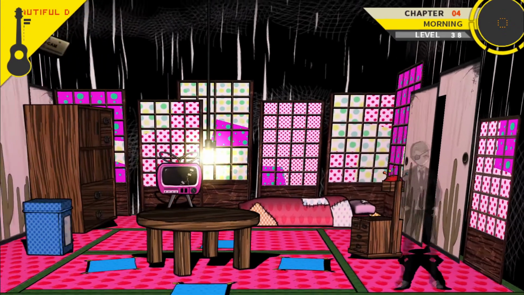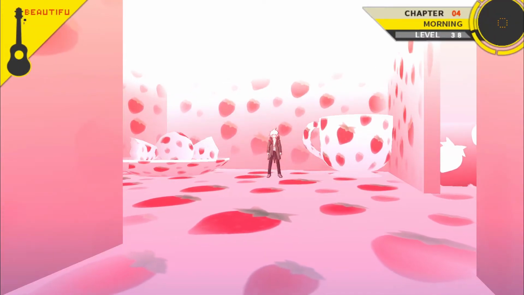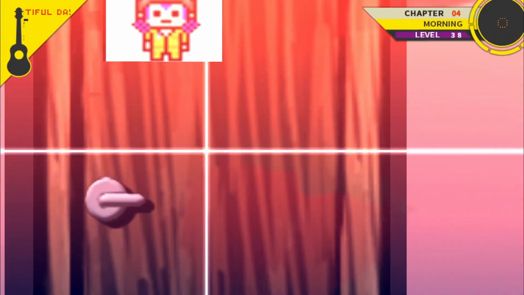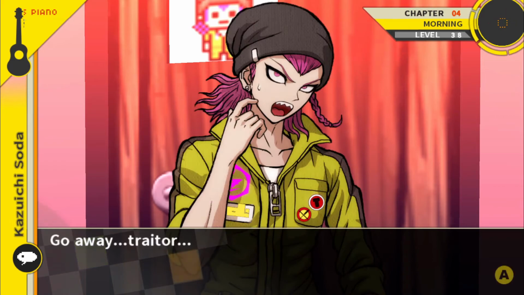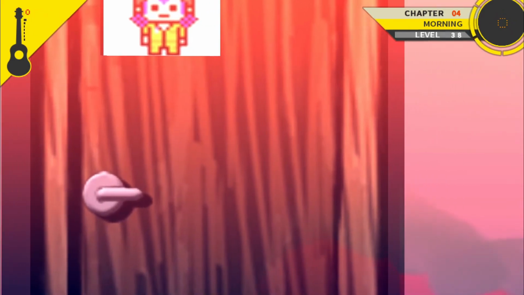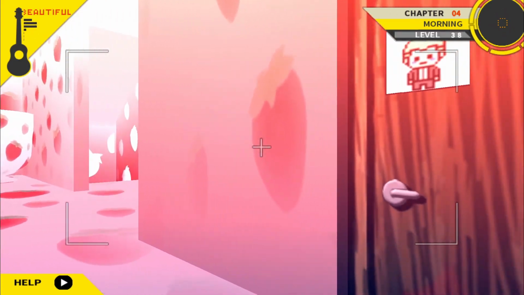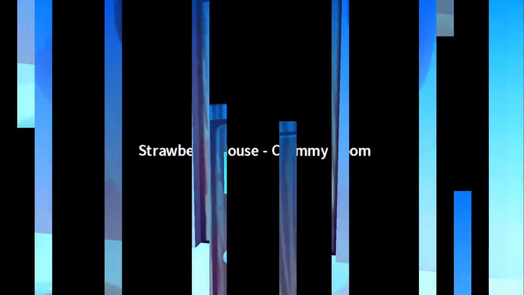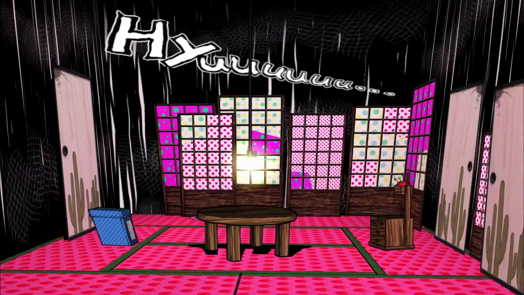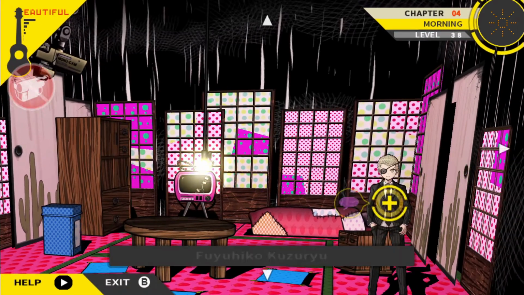Well, we should look for Kazuichi just because we're so close to the end on him. If he goes to me again, he's put on permanent probation. Kazuichi's still sleeping? Go away, traitor. I got no words. How one man could be so...